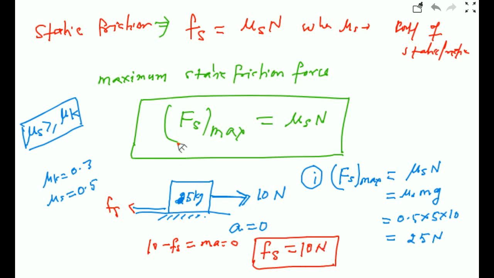So that is the point I said here: maximum static friction force is mu s into N. If your applied force is greater than 25 Newton, then the friction will be kinetic, but before that, the applied force is balanced by the static friction force. So now you can write the general statement: if your applied force